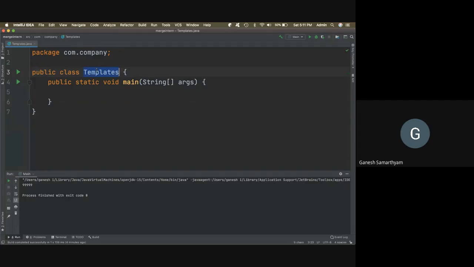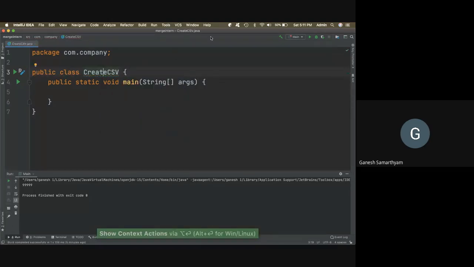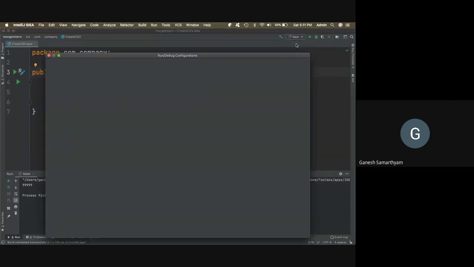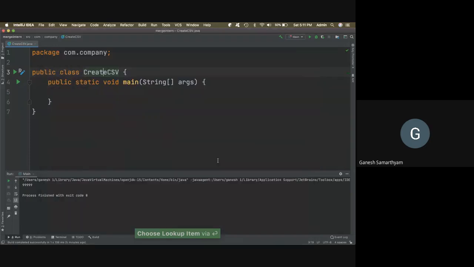Now let me create a task name, which will be, for example, create Excel CSV. Not really a very attractive name, but I think it is fine for this purpose. So let me go and edit the configuration and save this as create CSV. That's my configuration, right? Now what I'm going to do is I'm going to traverse over the locales, and I'm going to generate a CSV file for those locales.